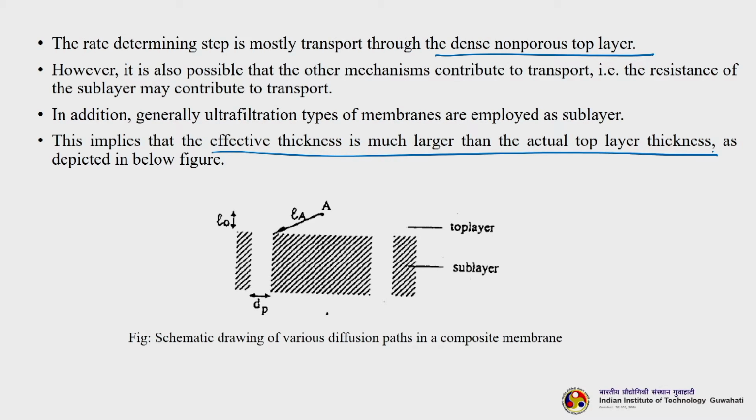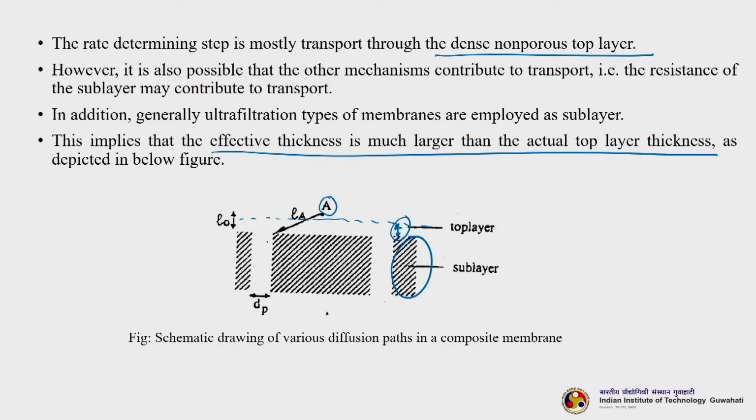So, you can see this, there is a top layer here, which is not properly being shown here. So, this is the top layer, right. Then there is a sublayer here. What is essentially being told is that the effective thickness should also take into account the thickness of this particular layer, because let us say A is a permeant here, it is diffusing, and once it has diffused through the top layer, then when it comes to the sublayer, it is a distinct layer. You need to understand that the layers are quite distinct.